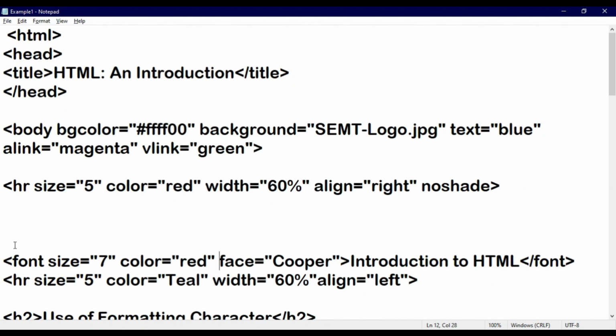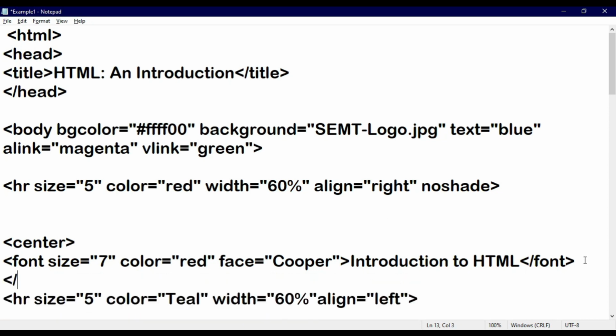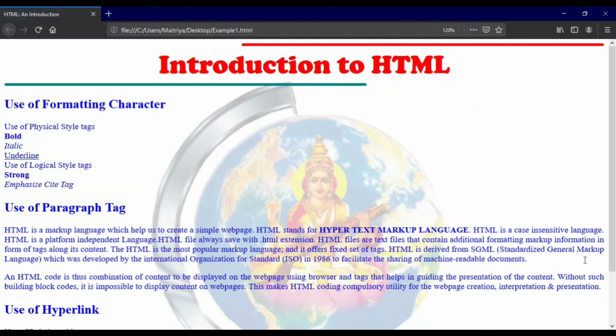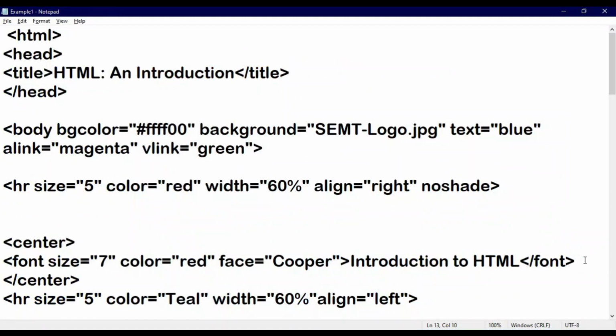then for that, here I am using a tag, that is center open, and when your font tag gets closed, there we have to close our center tag, right? Now just save your file, get back to your browser and press the F5 key. Your heading appears in the center of your page. So in this way you can set your title in the center, right? There is only the center tag by which you can display the title in the center. You cannot write a left tag or right tag because there is no such tag available in HTML. Keep this also in mind.